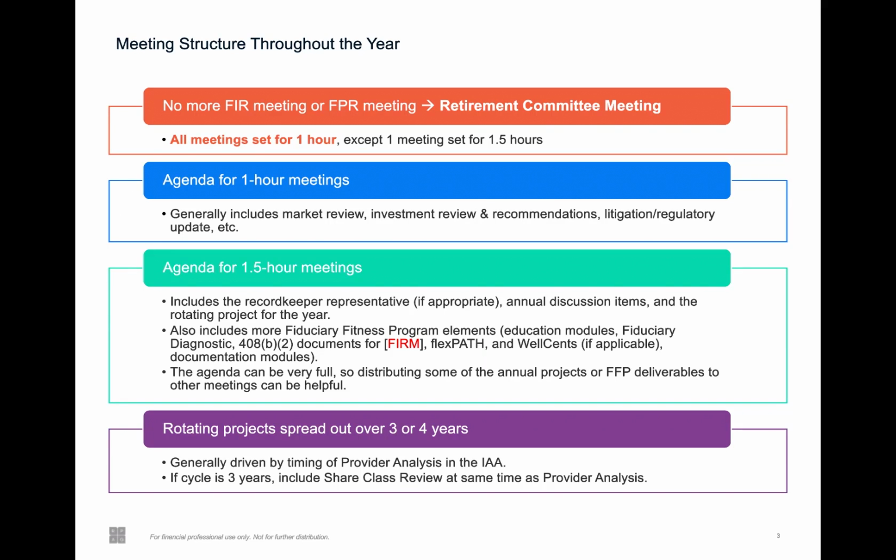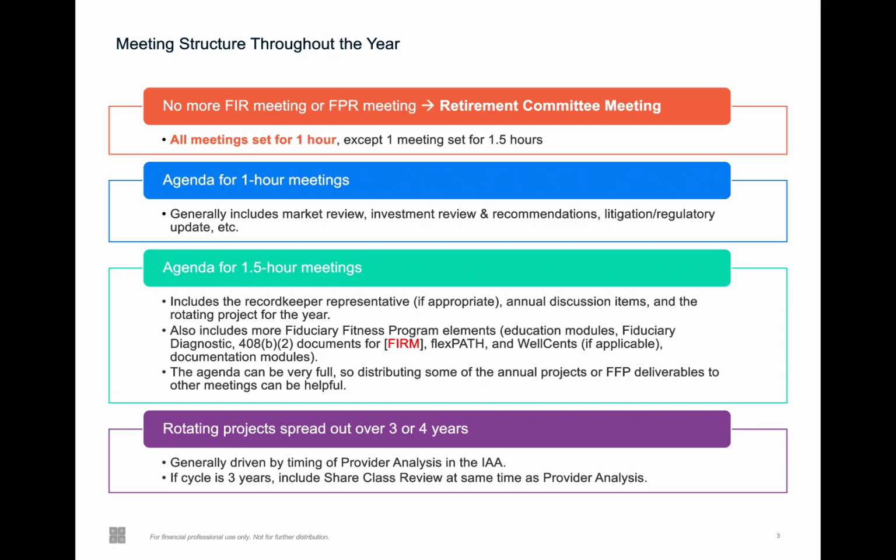So the meeting structure throughout the year. Historically, within our practice, we used to have the FIR meeting, Fiduciary Investment Review, and the FPR meeting, the Fiduciary Plan Review. We changed that. So now we're just having a retirement committee meeting. So for a client where we meet with them quarterly, we will set 3 meetings out of the year for 1 hour, and then 1 meeting in the year will be an hour and a half. So a little bit longer, a little bit more in depth. That's where we're going to hit on some of those annual topics, as well as one of those 3-year rotating